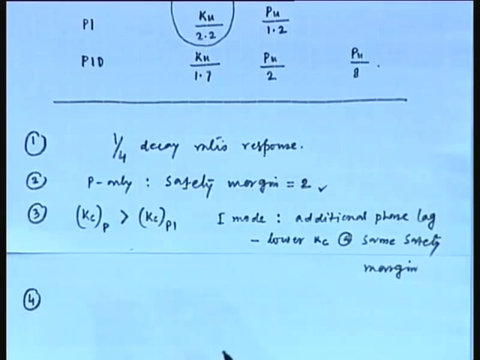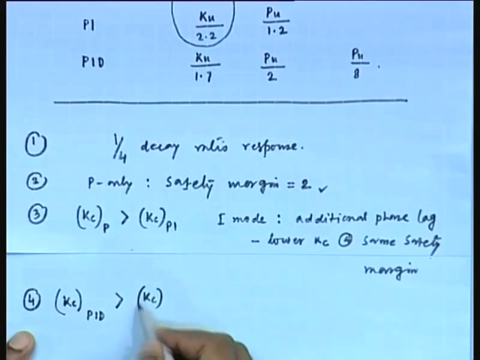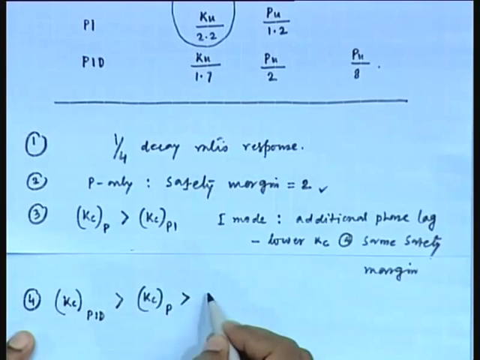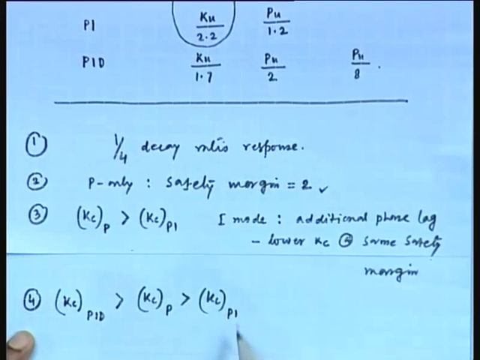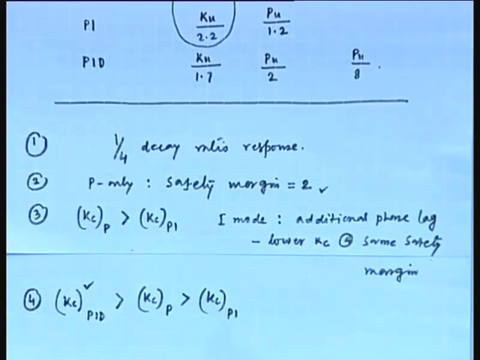In the last point, we will compare the Kc value of all three controllers. You see the Kc value of PID controller is greater than Kc of P only, and that is again greater than Kc of PI. Fine. So, the Kc value of PID controller is the largest one,